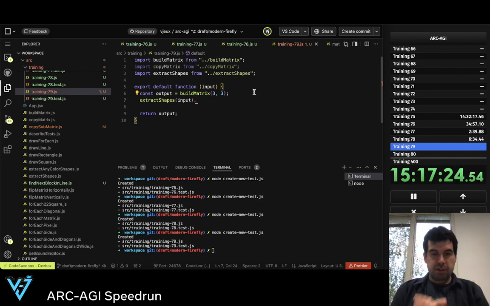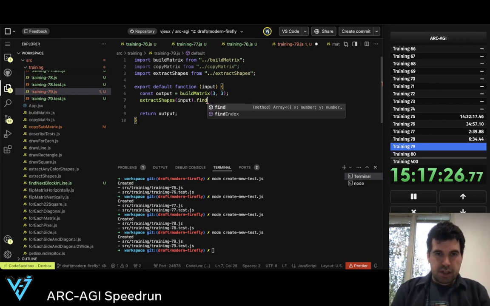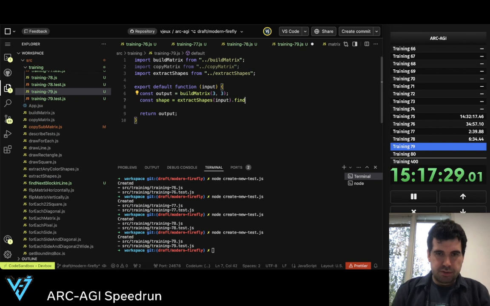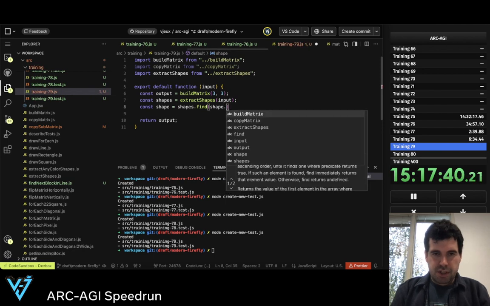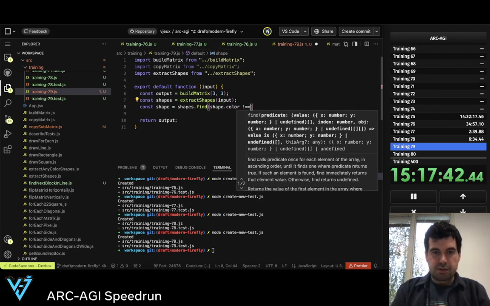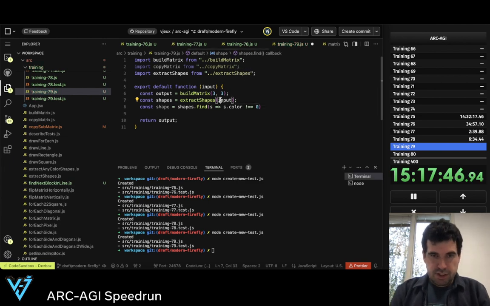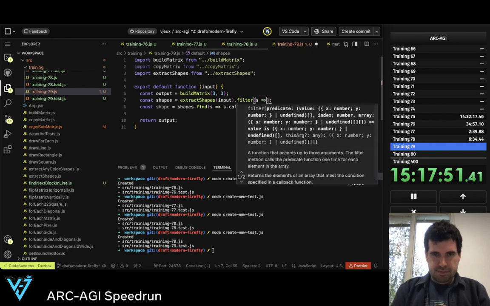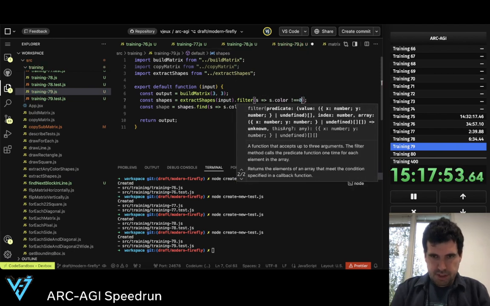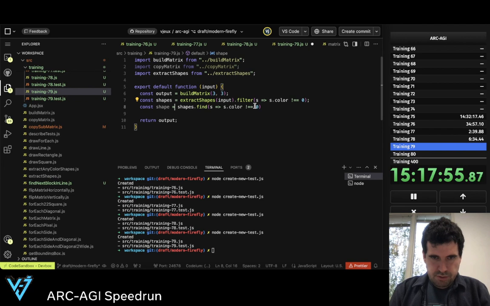Okay, so we extract shape, the input, that's fine, const shape equal, so this is shapes, and so we want const shape equals shapes dot find, s dot color is not black, so actually filter s that color is not black, and so now we want to find